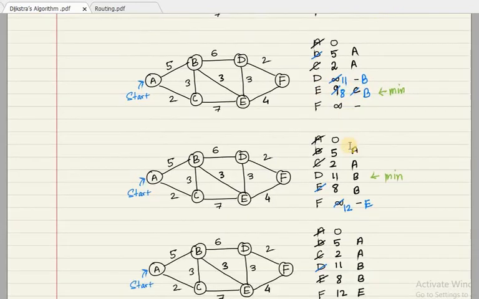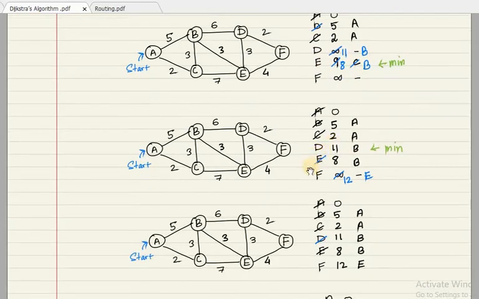Okay, now if we go to the next diagram, we can see E is now marked with the blue color. So now we are concentrating on E. E is linked with C, B, D and F, right? But C and B are already computed, so we are only left with D and F. Let us go through D now. If you have to go from E to D, in order to reach E, it was already 8, right? So 8 plus 3, so 8, 9, 10, 11. The new cost that has become is 11. Here you can see it was already 11, right? So I need not update it. Okay, it is already 11 here, so I need not update it.